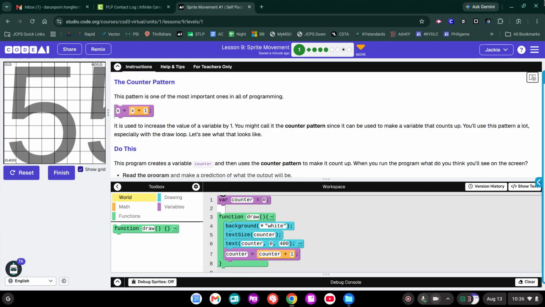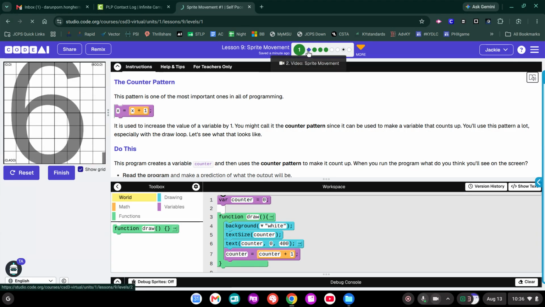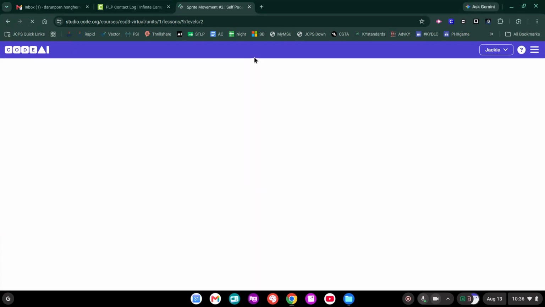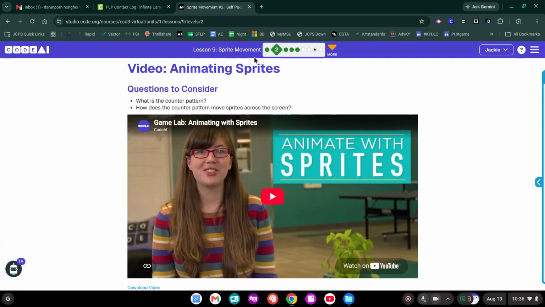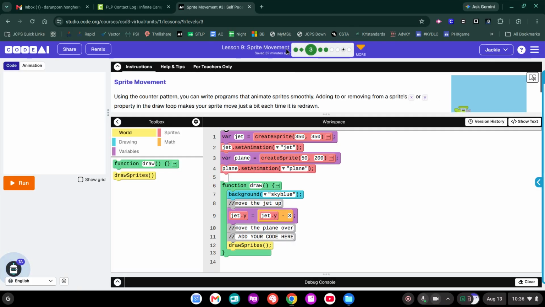All right, moving along. Level 2 is your video, so you need to be watching that video. Please make sure you are, okay? We are getting into more and more complicated and complex coding, so skipping the video is going to maybe confuse you. All right, moving on, animate the sprites, so making it do stuff here. All right, as you can see here,